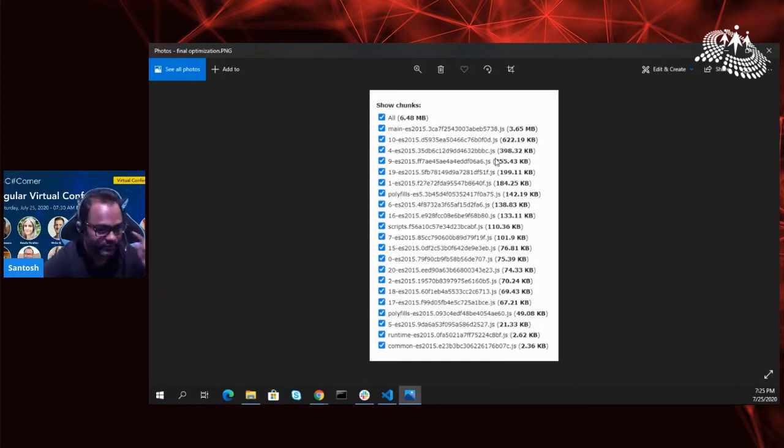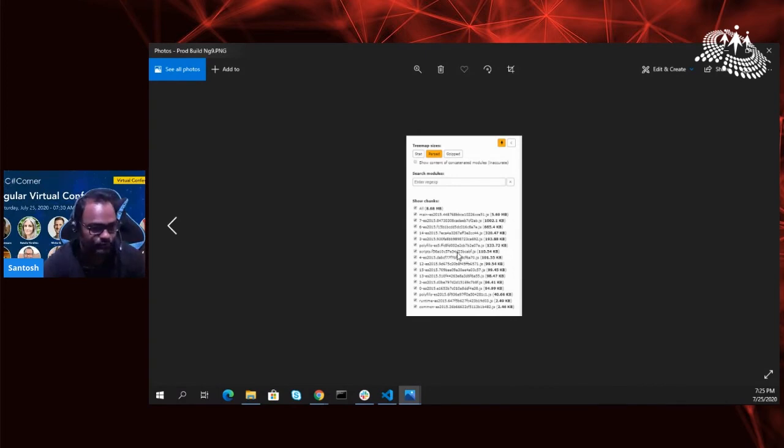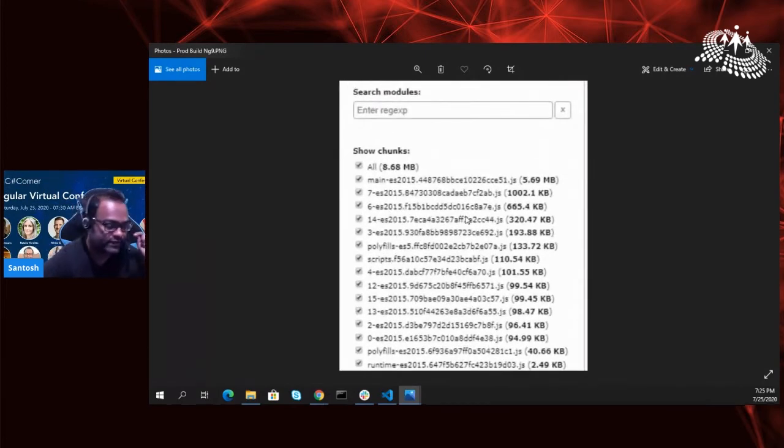And similarly, my lazy loaded bundle chunks, the biggest bundle size which I had was this 622 KB. But previously, was it 622 KB? No. This is after I did the SCSS optimization. You can read the blog to get more details on how I did that. My biggest bundle size was actually 1 MB, so I reduced the bundle size from 1 MB to 660 KB by using that styling technique. Plus we did a lot of optimization where we removed all the shared modules and ended up having each component with its own module. So that's the approach we took.